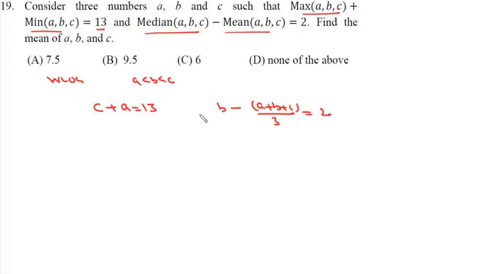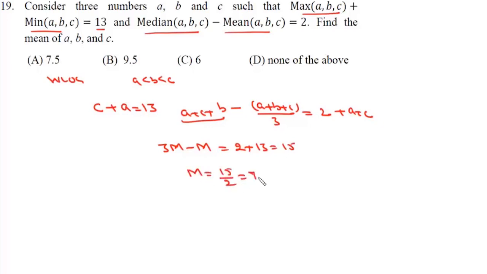Now what we'll do is add A plus C. Now this is A + B + C and this is (A + B + C)/3. Now (A + B + C)/3 is n. So this is 3n minus n, and it will be 2 plus the value of A plus C, which is 13. So it is 15. So its mean will be 15/2, and that is 7.5, which is your option